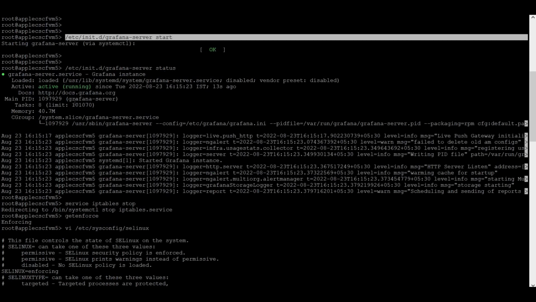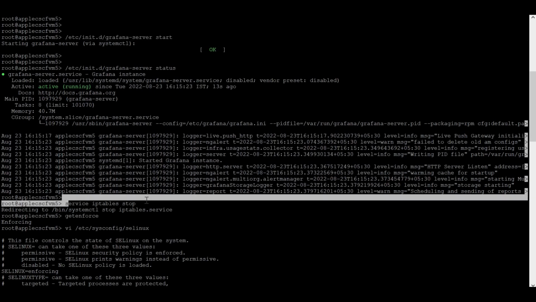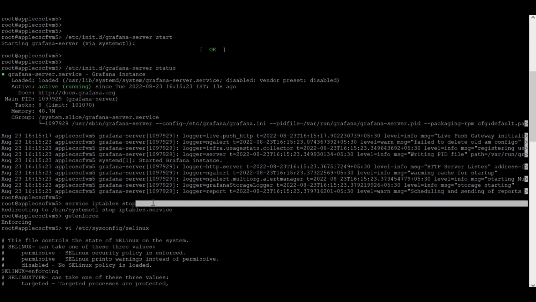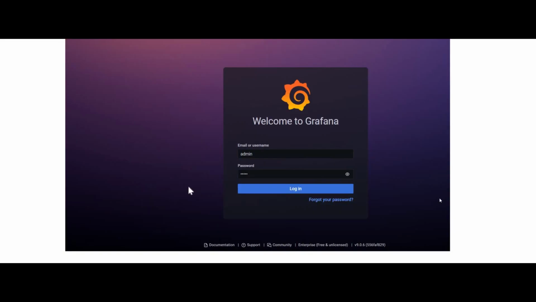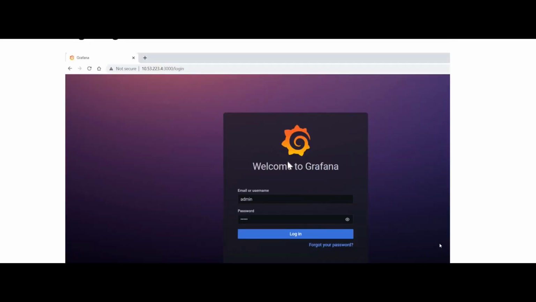Once you install it and the process is up and running, you will be able to open Grafana. Usually the port for Grafana on the IP address is this. Once the Grafana process is running, when you enter the IP address, colon, 3000 port, the Grafana UI opens like this,